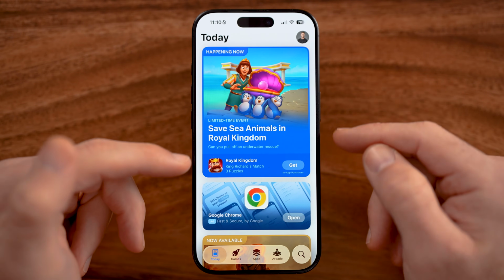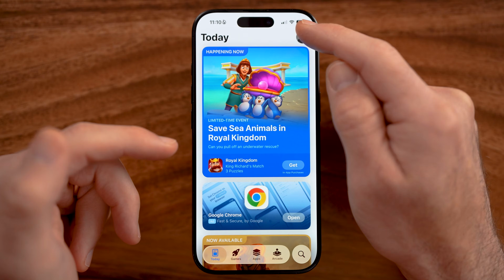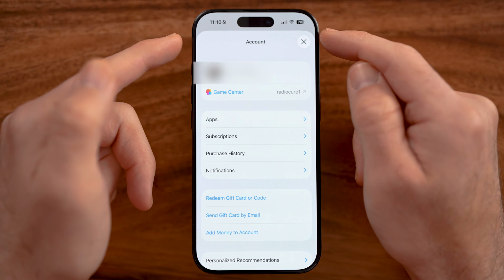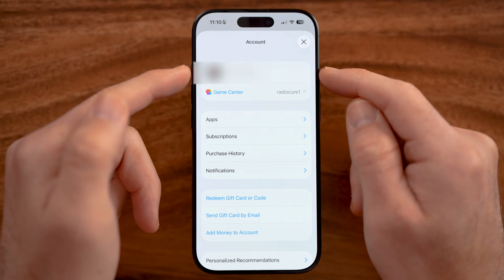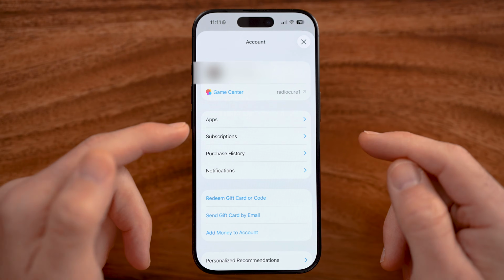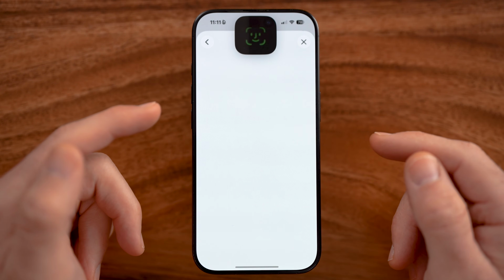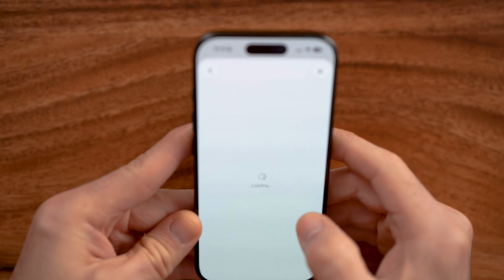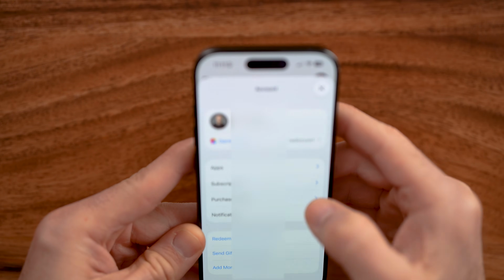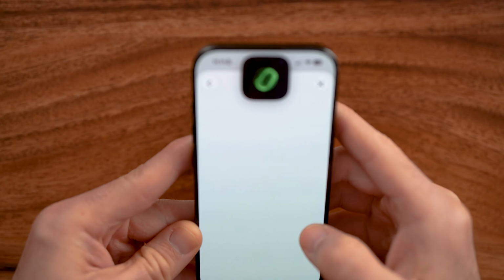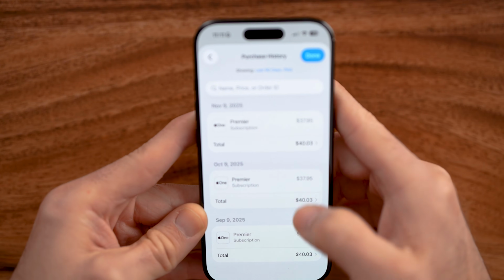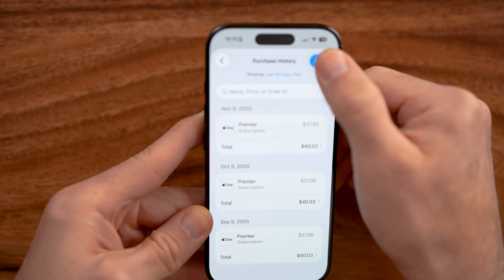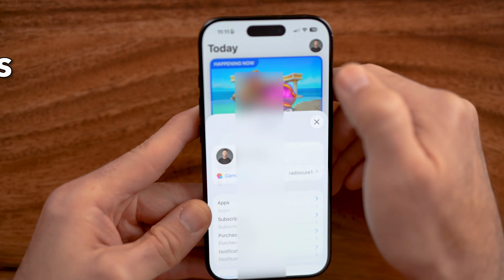If you don't have all of the apps on your new iPhone, you can just go to the App Store, make sure you're signed into the same account here. And on here, we can always just go to your purchase history and see your purchase history. Let me use my Face ID here again. Use your purchase history here to see any apps that you have purchased, either paid for apps, but you can